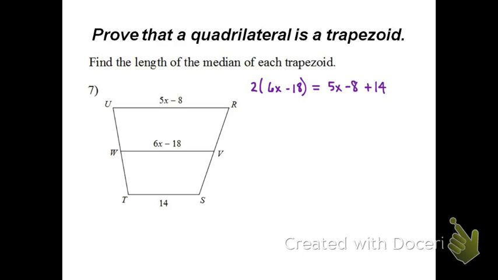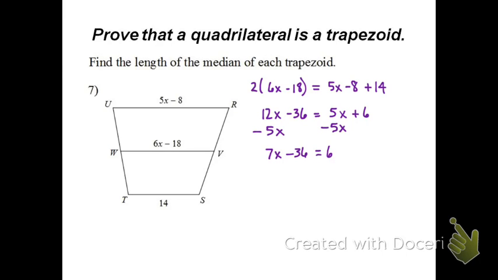Alright, awesome. Let's do it. Simplify. We get 12x minus 36 equals 5x plus 6. Alright, look at this. We're going to subtract 5x from both sides. And now, some of us may want to do double duty in this, but let's just work at it one part at a time. So we have 7x minus 36, and that's equal to